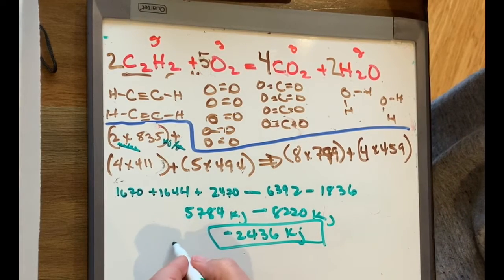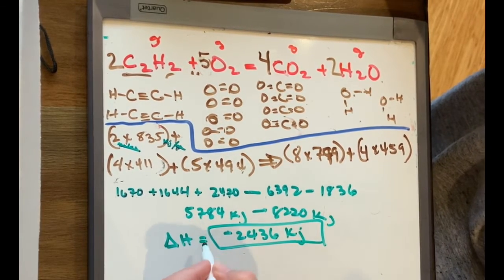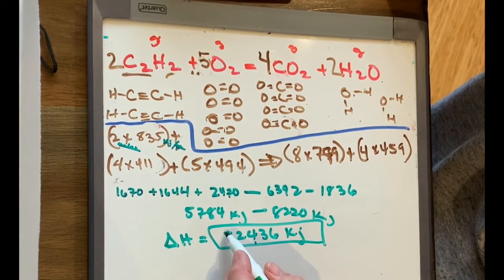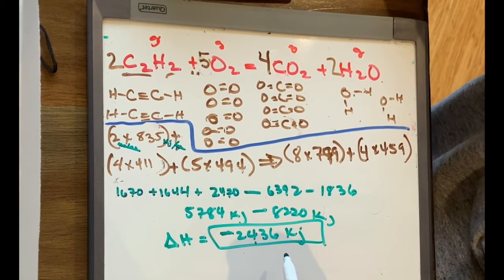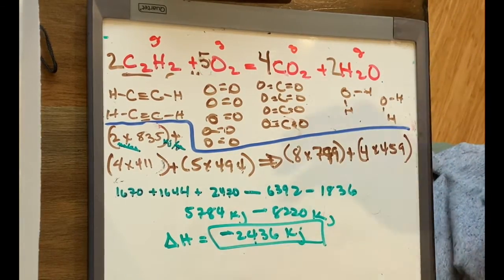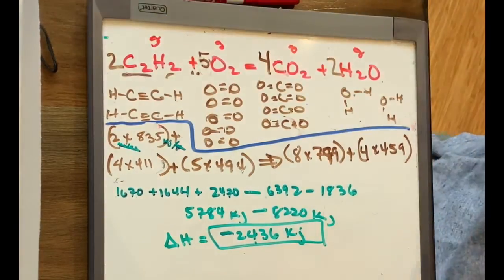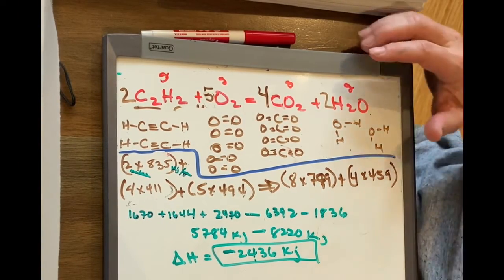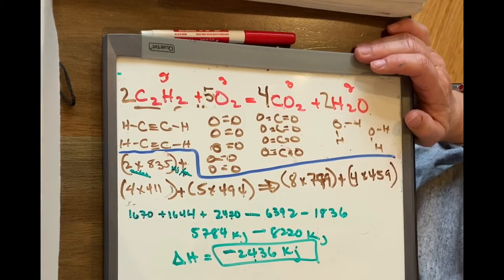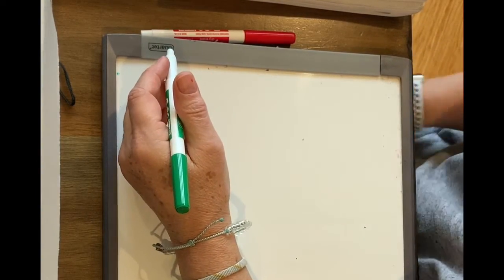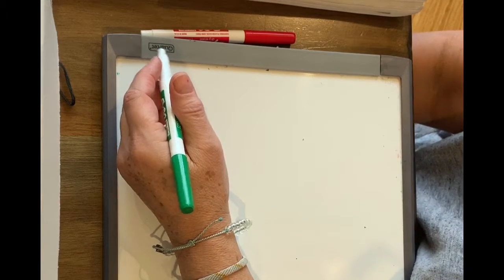And so the delta H is that, and it is exothermic because of this. It's an exothermic reaction, and that is obvious because it's an explosion. When you ignite anything, you're going to get heat, and so we should have gotten a negative here. It would have been a problem if we didn't. When you use a cigarette lighter, hopefully not to light cigarettes, you're burning gaseous butane, so